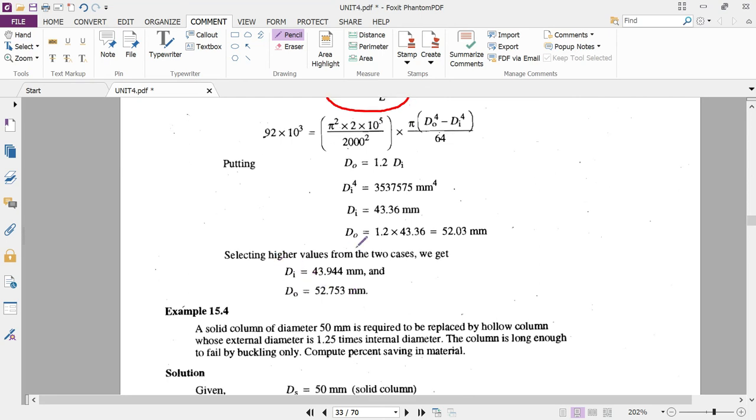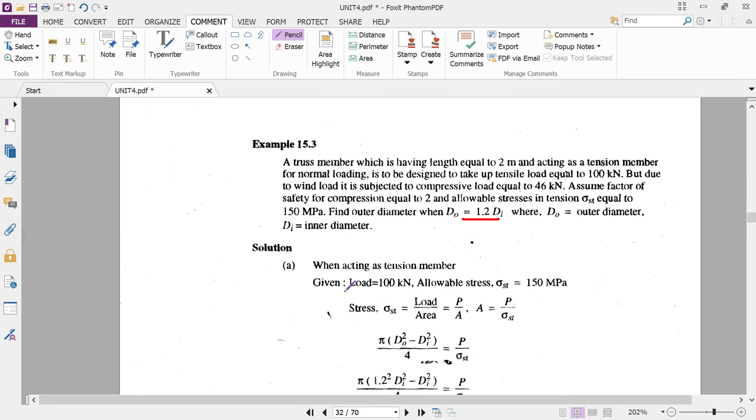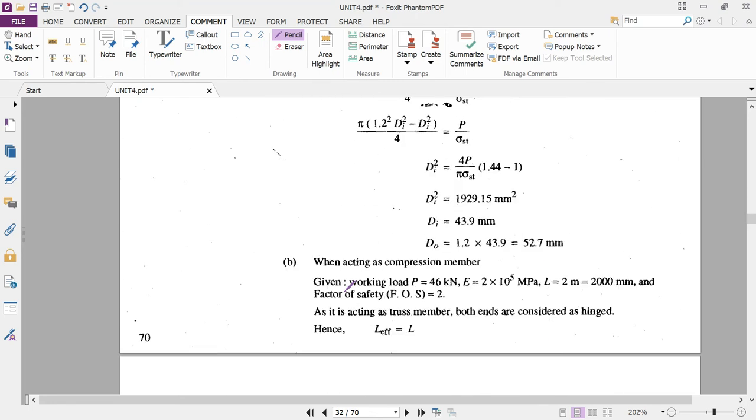Okay, so this is the particular case. Here by putting this value we will get the answer, d_i is 43, and here we are getting the value of 52. So based on the condition of the numerical, we have to apply the formula. This thing you must understand, because many times in a numerical there are n number of conditions. So you have to understand that condition very carefully, and based on that condition only you have to apply the formula. Okay, now let us see some more examples.